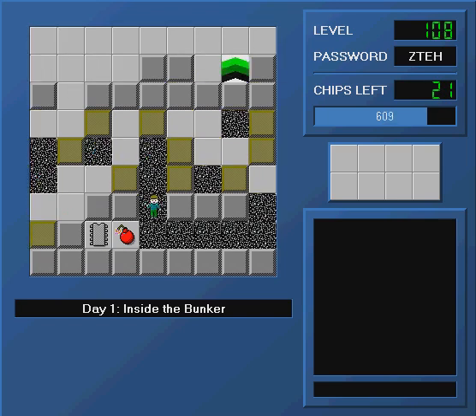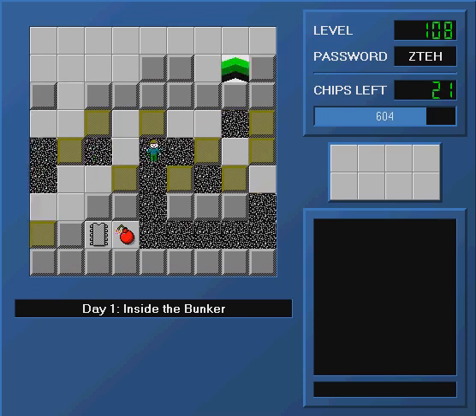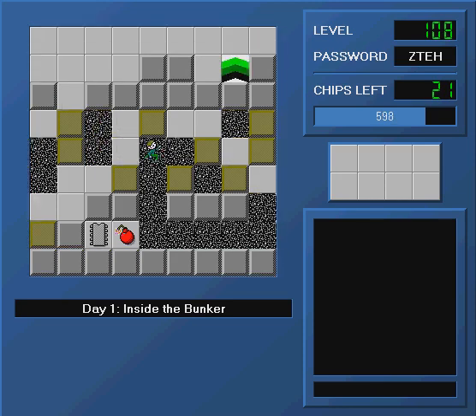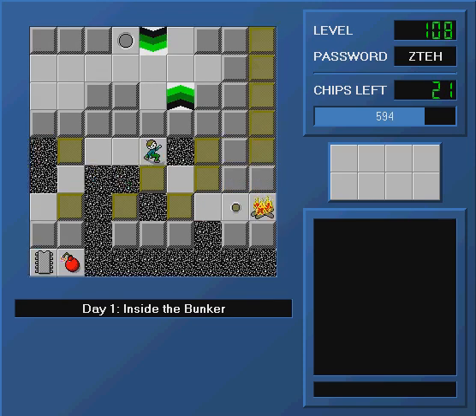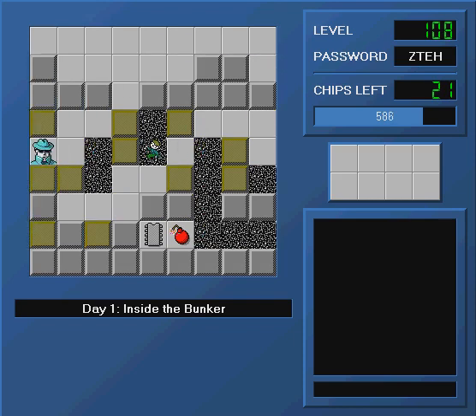Now, I'm trying to figure out how on earth to do this. I have 2 blocks stuck on this top edge, and... Wait, no, I think that's fine. Yeah, that's totally okay. Now the next question I have though is,